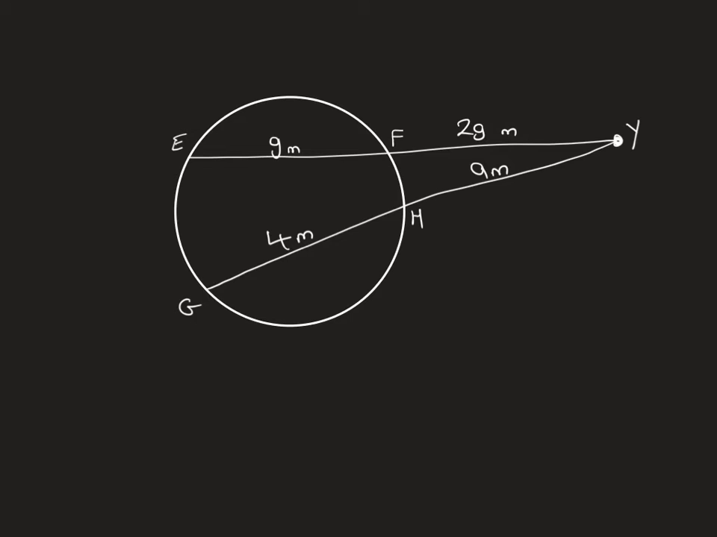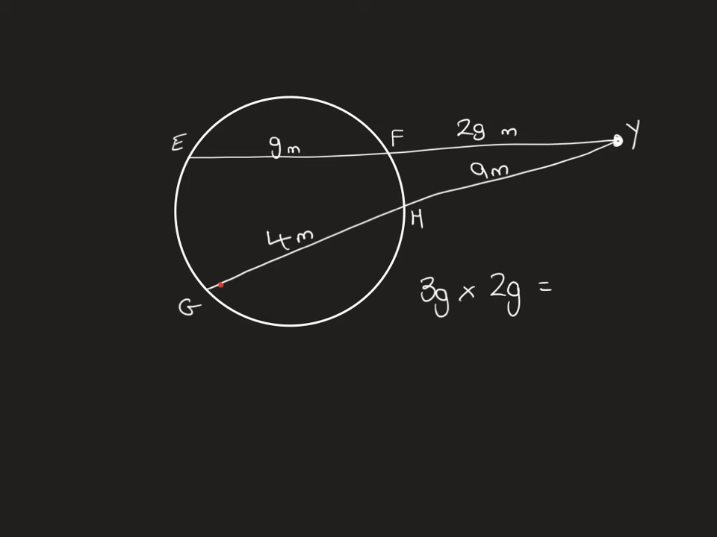Okay, next example. This is where the chords are crossing outside the circle. So what we say is that if we look at the chord EF first, if I'm looking just at this chord E to F, and I start from E, the distance from E to the crossing point would be 3G, times the distance from F to the crossing point, which would be 2G, must equal,